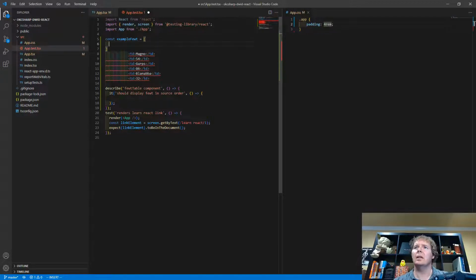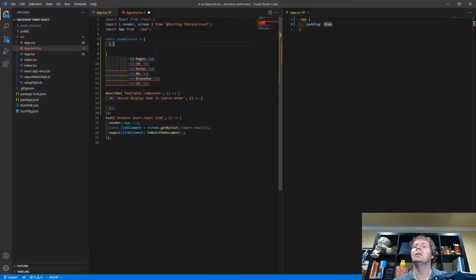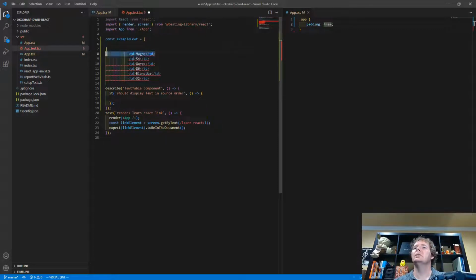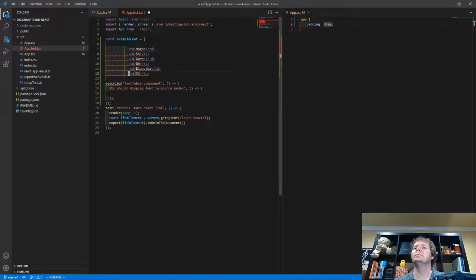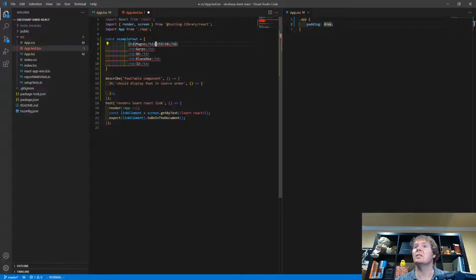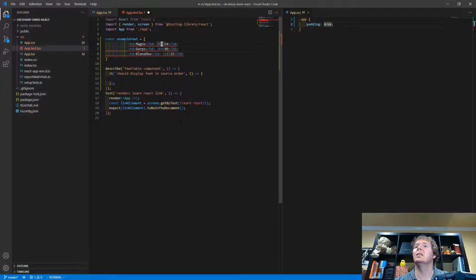Sample foot, and it's going to be an array of foot, and we're going to have name. Matter of fact, let's do this. I'm going to see if I can Vim this, just because I kind of want to. All right, so